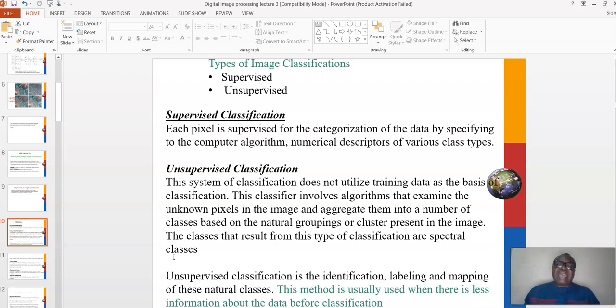The unsupervised classification is where we want to use the natural breaks or natural classes of the features on the ground. So usually when we look at a given picture, our eye automatically classifies the features on that image. In this case, we group the person in the picture from the background.